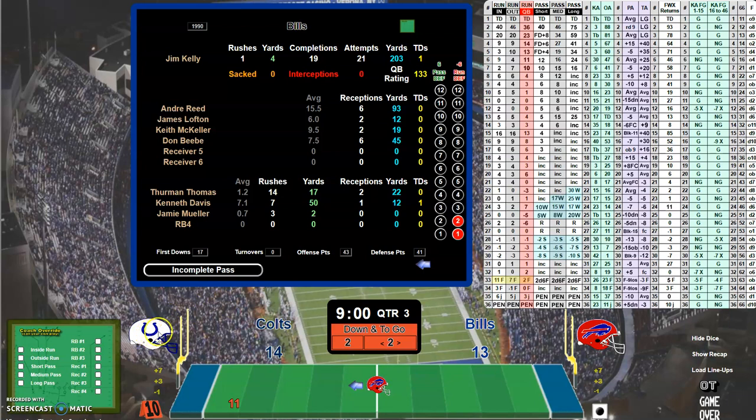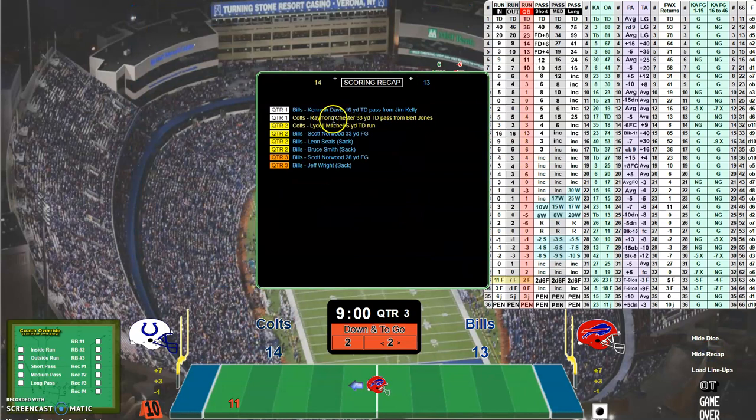We have today the 1976 Colts against the 1990 Buffalo Bills as part of my NFL 20th Century project. We're in week 3, and so far we're into the third quarter. The Colts, by virtue of 2 early touchdowns by Raymond Chester, a 33-yard pass from Burt Jones, and a Lydell Mitchell 6-yard TD run, and actually that was in the second quarter, have a 14-13 lead